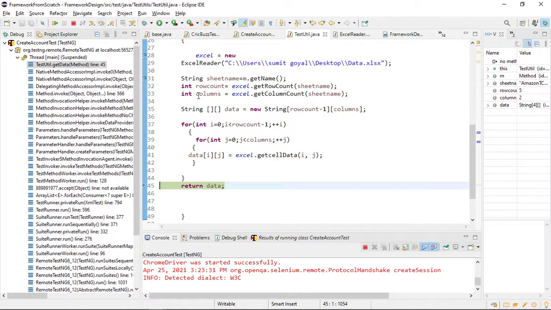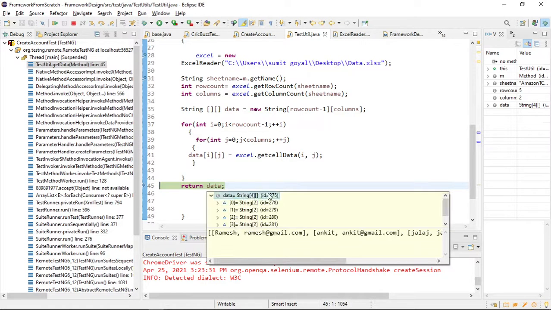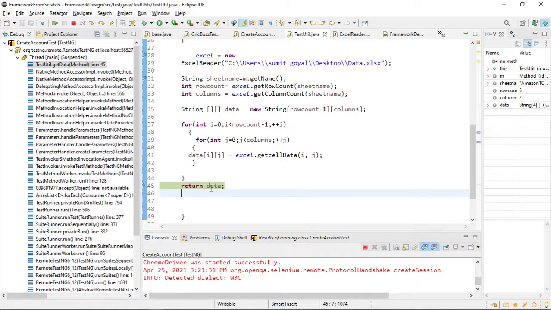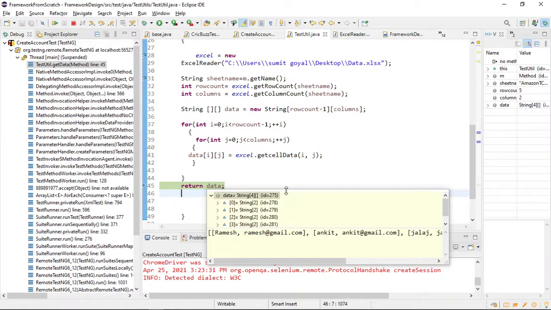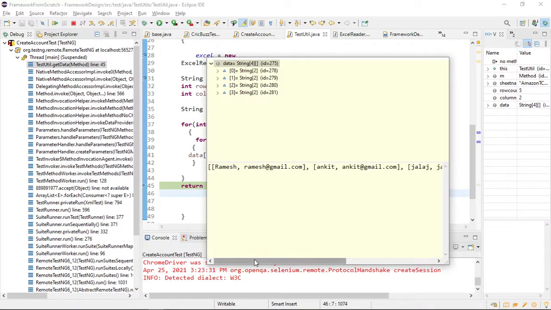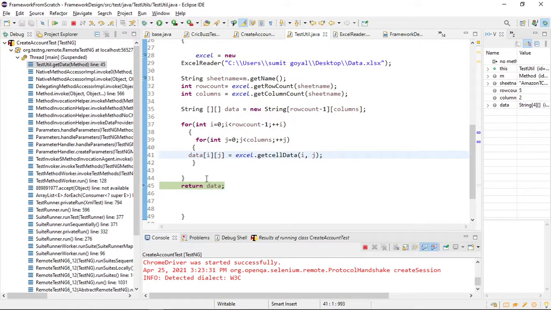So you can see after that, once this for loop executes completely, we will have all the data in our data variable. Right? So first person email, second person, third person, fourth person. So after you get this, you are returning this data.